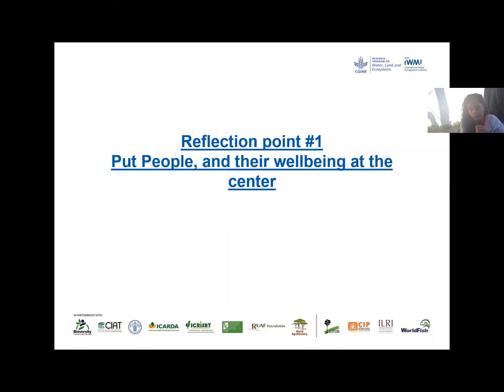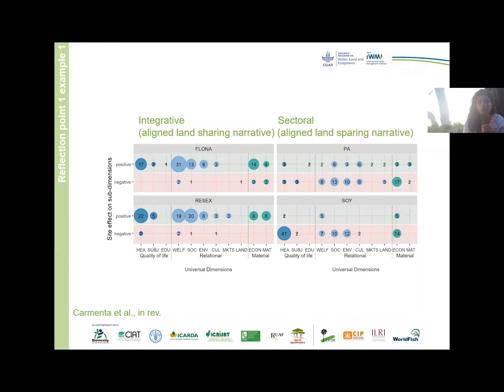when restoring African drylands. And this is grounded in the idea that well-being is often measured as material aspects, when we know that there are three universal domains, and relational and quality of life are very important as well, as we found in a novel study in Brazil, where we asked people how they perceive the work on integrative landscapes like fauna and resets affected their human well-being.